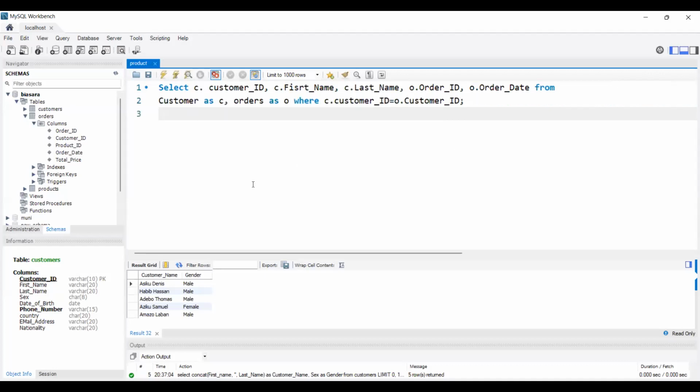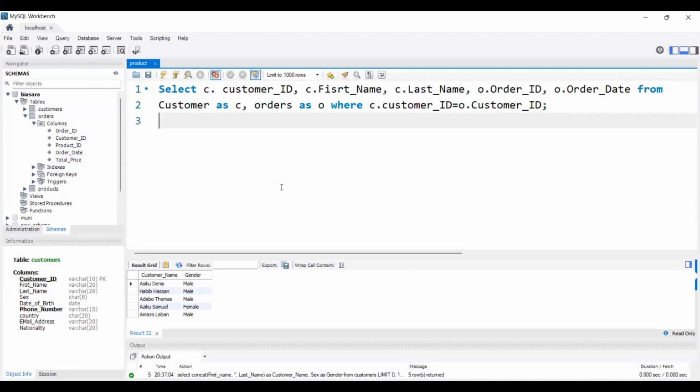We are saying that we are selecting customer ID, first name and last name from the table called customers, which is abbreviated by C. And then we are selecting order ID and order date from the table called orders, which is abbreviated by O, from the tables customers as C, orders as O, where the customer ID in the customers table should be the same customer ID which has been put in the orders table. So when we run this statement,